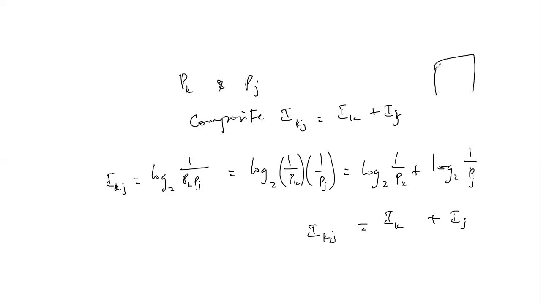So meaning if we have a system and we feed it with x1, x2, for which this has a probability P sub k, and this has a probability P sub j, then the information here, again, will be the composite information. And also, another property, which we also have described in the videos online in our previous lecture notes,